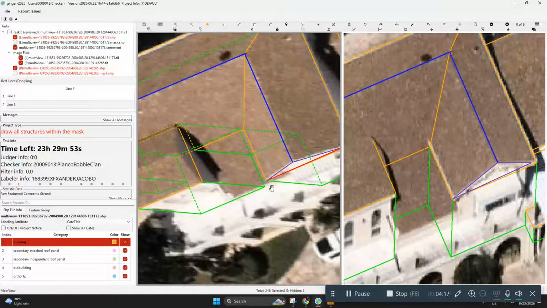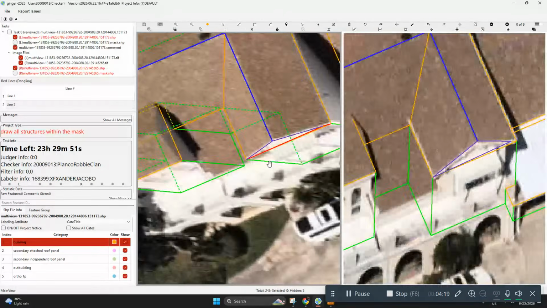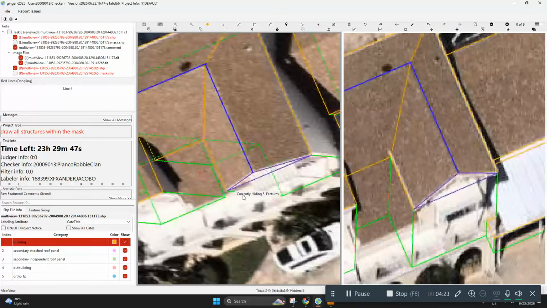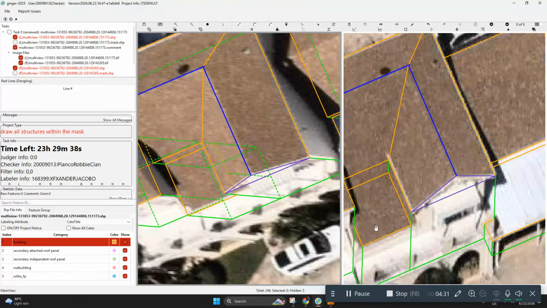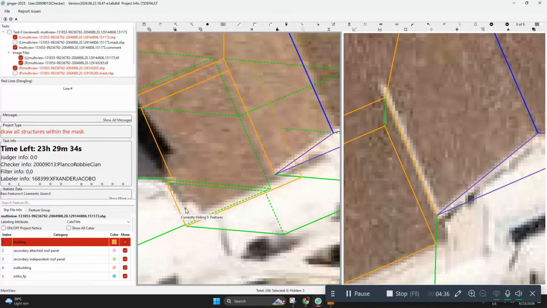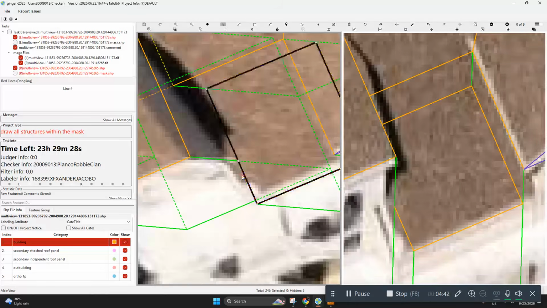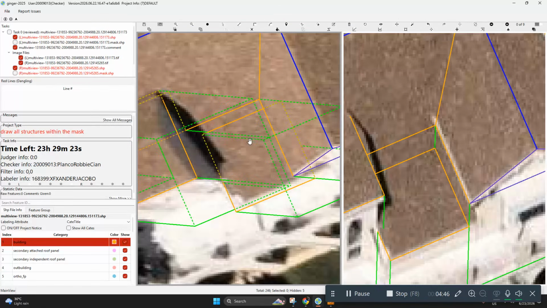Next is we need to capture the base for this one. So we'll just use H like so, and see if we, yes, I think we captured it properly. Okay, so let's just do like so, and we can just move that later. Okay, next is to capture the panels.